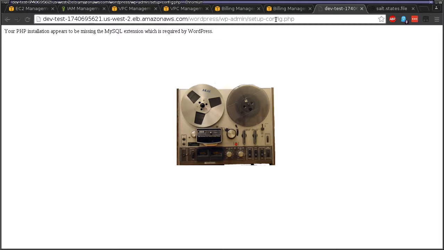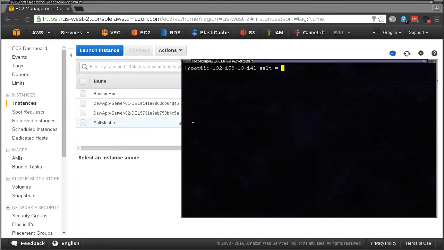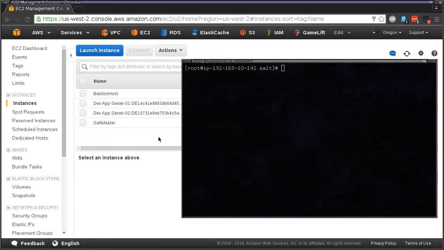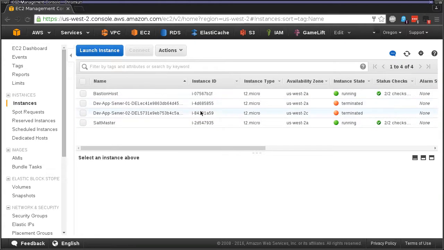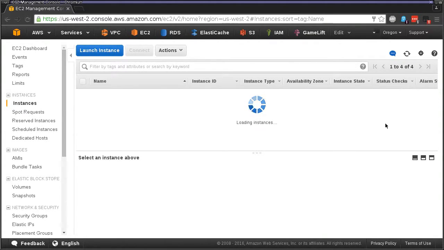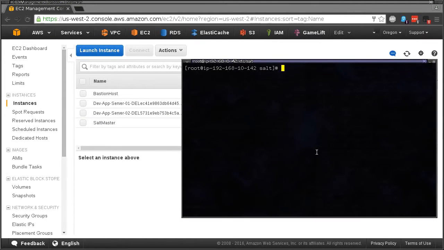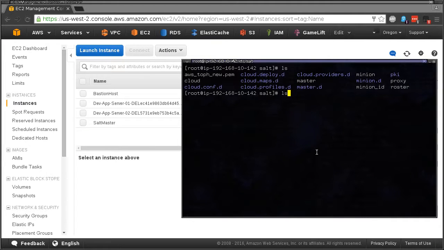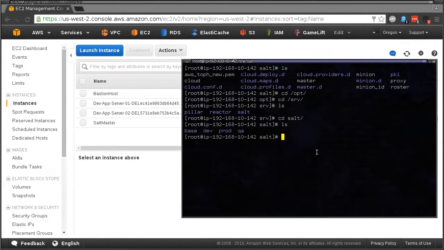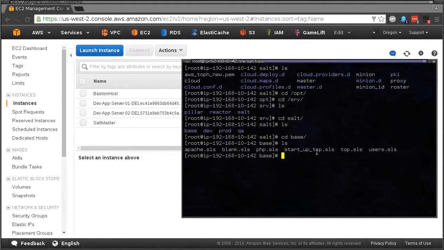So, just a recap. I deleted the two that I spun up from the last Salt Cloud, and we're going to launch them again. Before I do that, let's do a quick walkthrough on what I've changed. So in my Salt base, I created